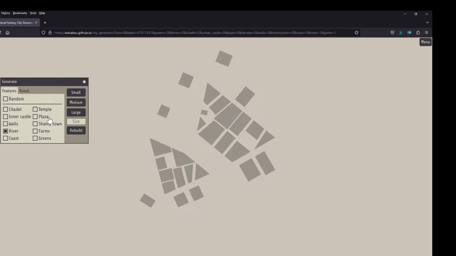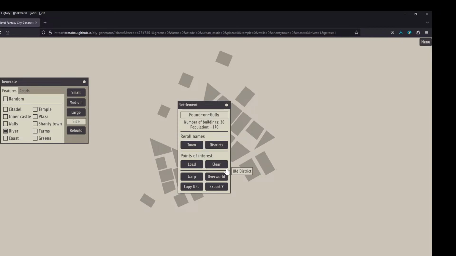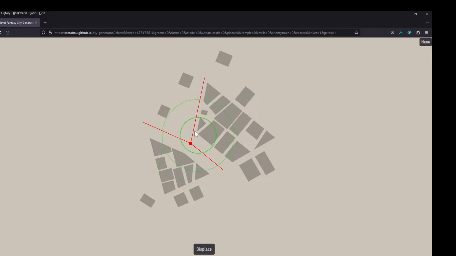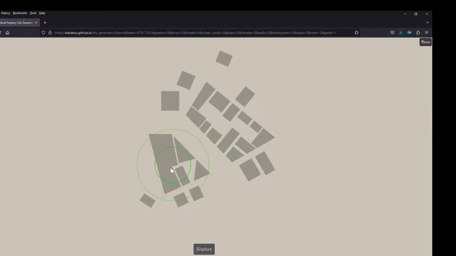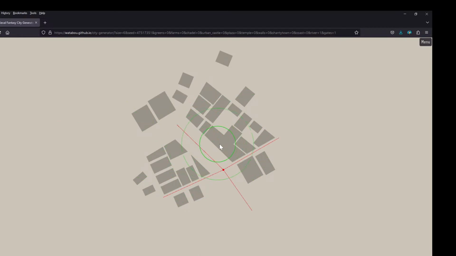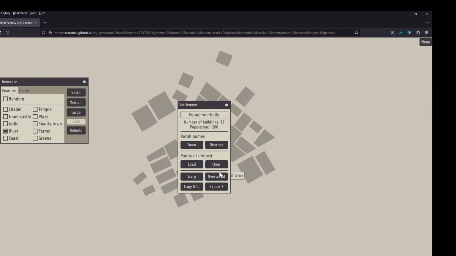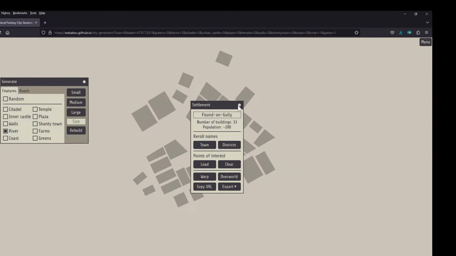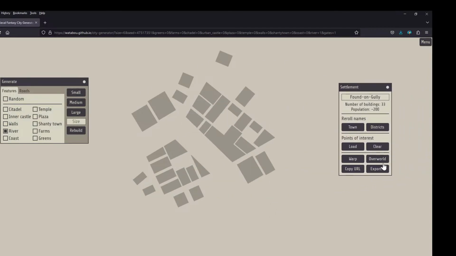And then you can just generate until you find something you like, and then we can even warp it, and we can drag things around till we get it exactly the way we want. And I don't know, that seems cool to me right there. So let's use this one. Menu, apply. And all we need to do is take this settlement here and export as SVG